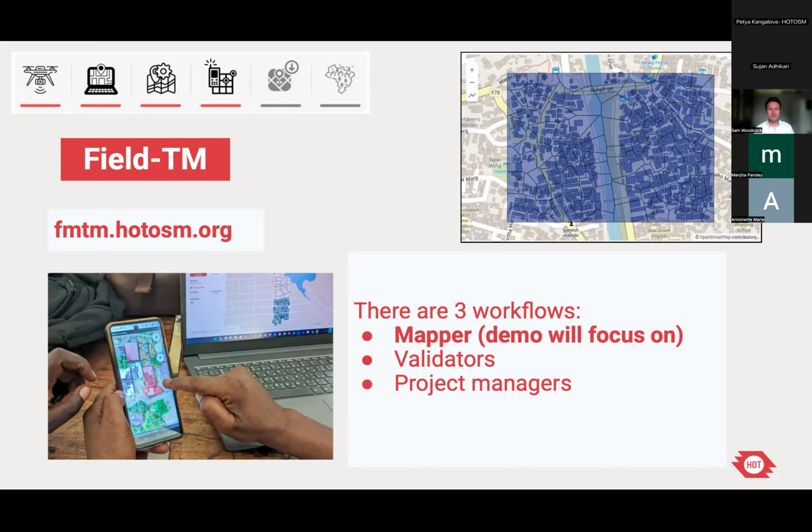So once the user collects the data, the whole task will be marked as mapped. Once the task is mapped, the validator will monitor the progress of data. They will check each submission and ensure that data are complete, accurate, and free from error. If any incompleteness or inaccurate data is found, they will mark that feature as bad and communicate with mappers to have the rework on that particular feature, so that the mapper can visit that feature again and recollect